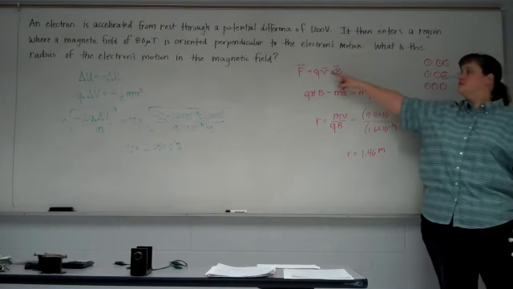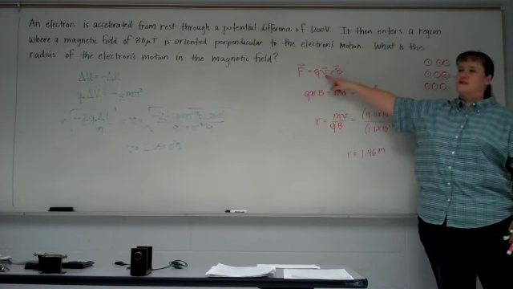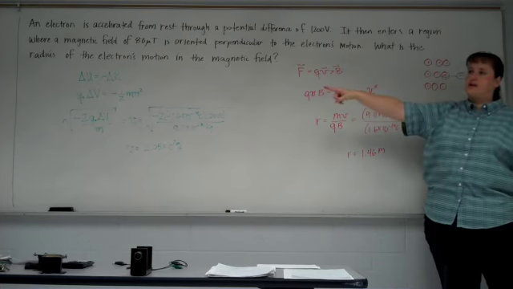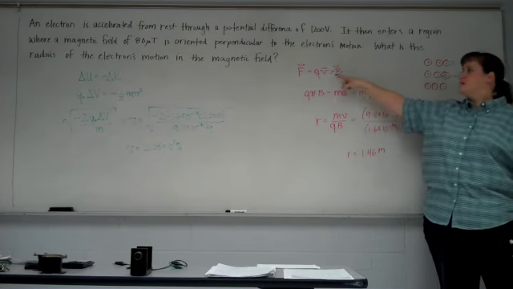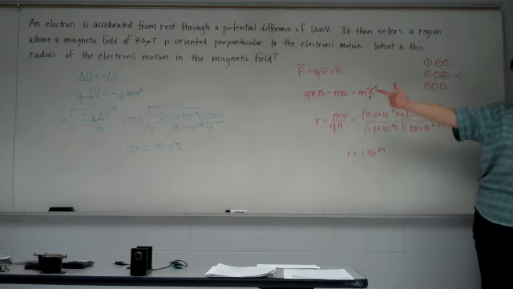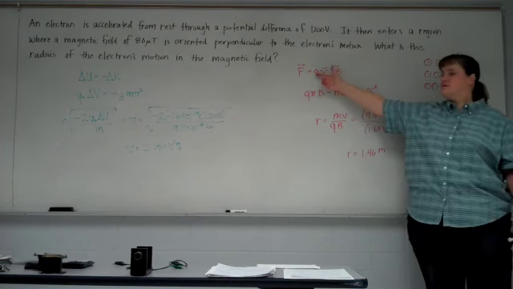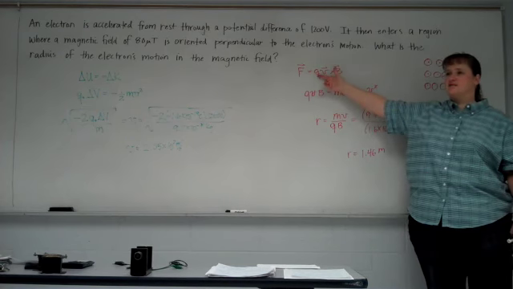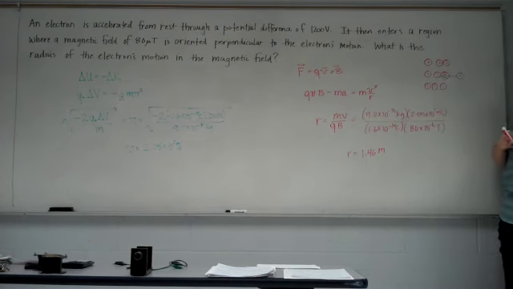Let's do the right hand rule. Index finger in the direction of velocity, that way. Magnetic field is out of the board. My thumb is pointing up, but the electron is negative. So it will circle downwards. So v cross B is up, but for the fact that q is negative, it will